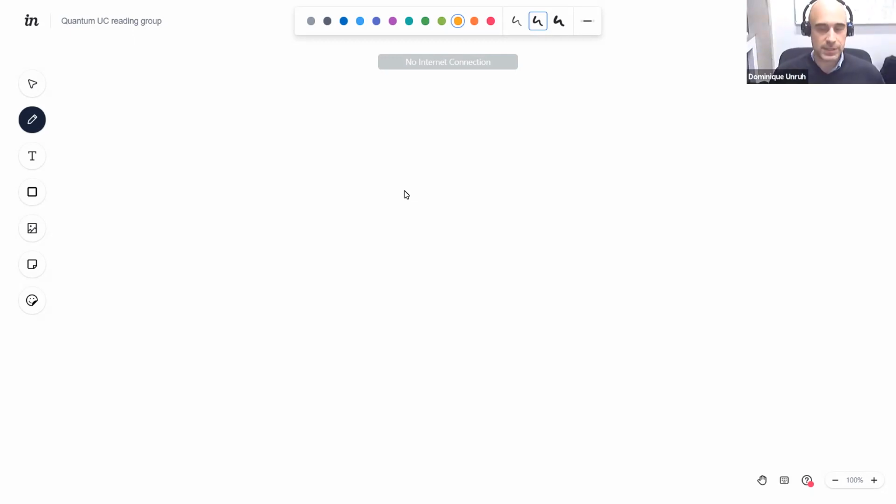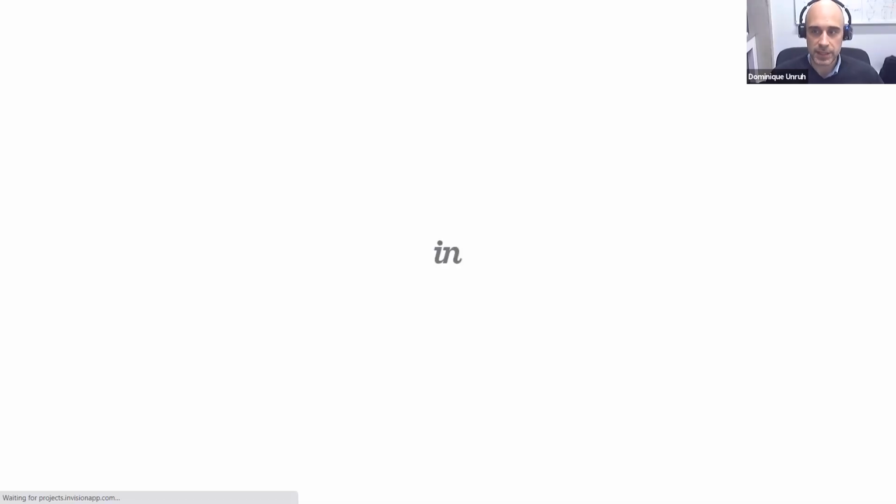So for those who didn't notice it in the email, there's a whiteboard here, but you can also connect to it via a URL that was in the email. This is useful if you want to scroll to somewhere where I was before, or if you want to write something on the whiteboard, which you should of course only do as part of some question that you're asking. But you don't have to because you will see the whiteboard here on the screen always. And it says no internet connection. I hope that's not a bad sign.